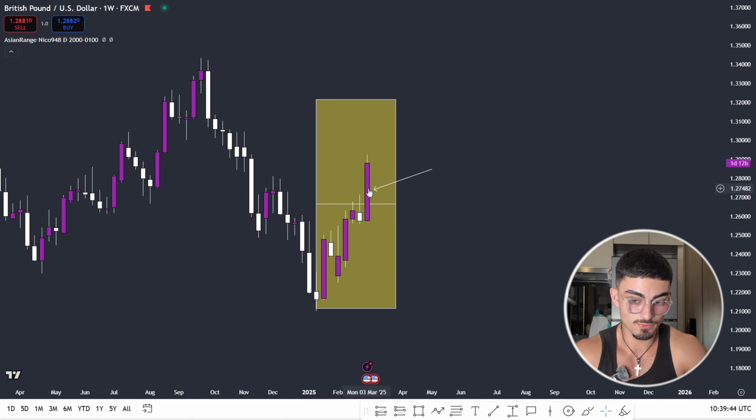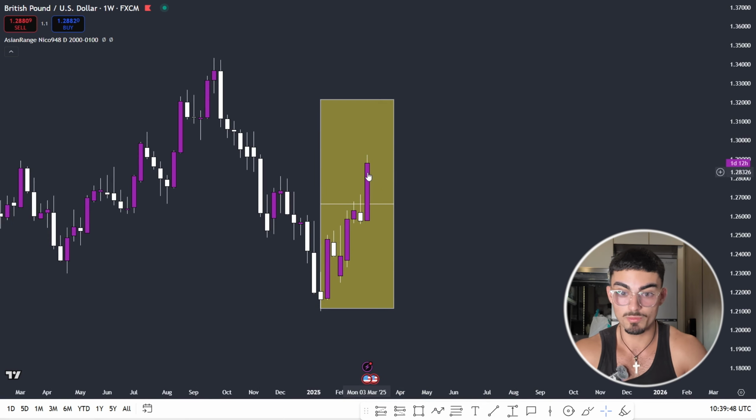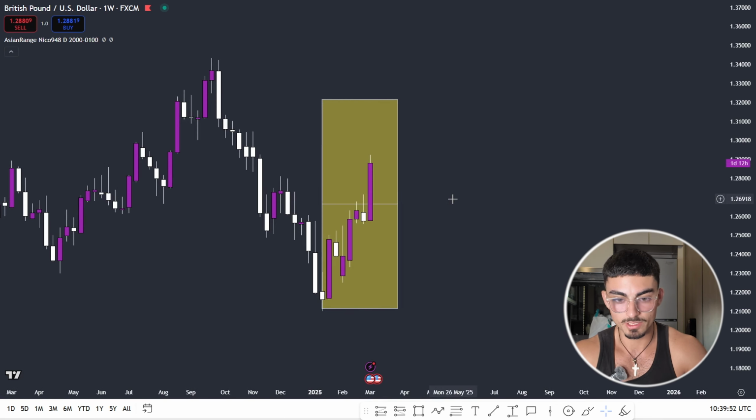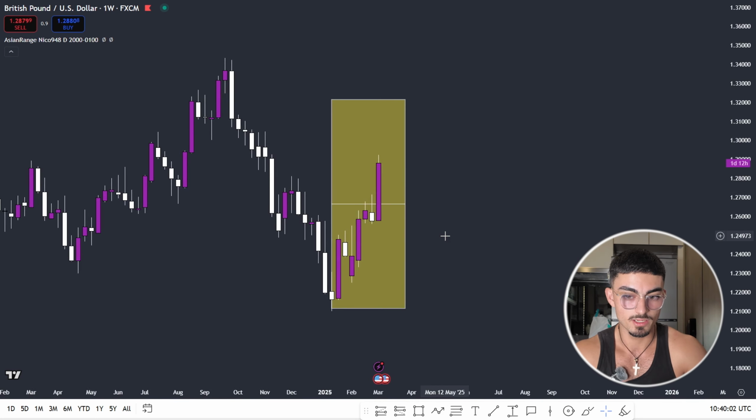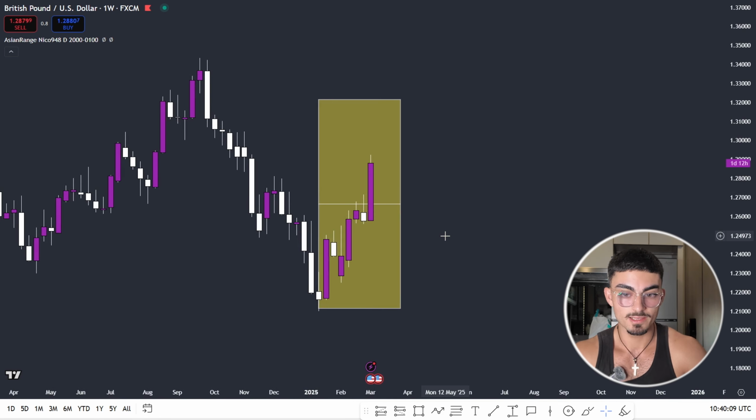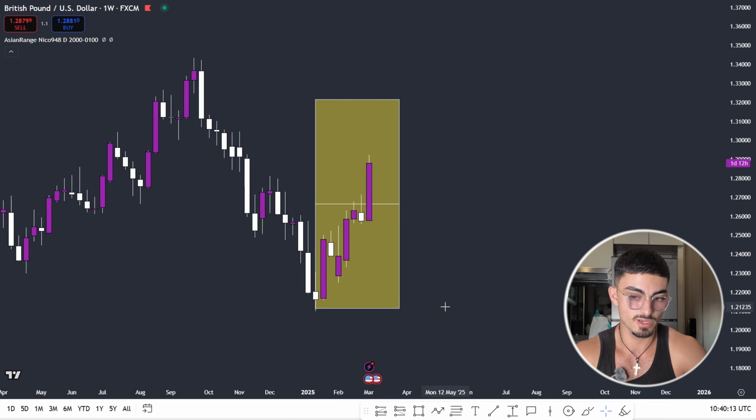There's so much buying volume on this candle, and as a result of that, for this week and probably for next week, I'm only going to be looking for buys. I'm able to understand that from literally just looking at the previous week candle and seeing it has so much buying pressure. So guess what? The likelihood is it's probably going to keep on going higher. That's not from using any market structure. That's not from zooming out and looking at the entire trend. That's from looking literally at a few different candles within the most recent price section on the weekly chart.